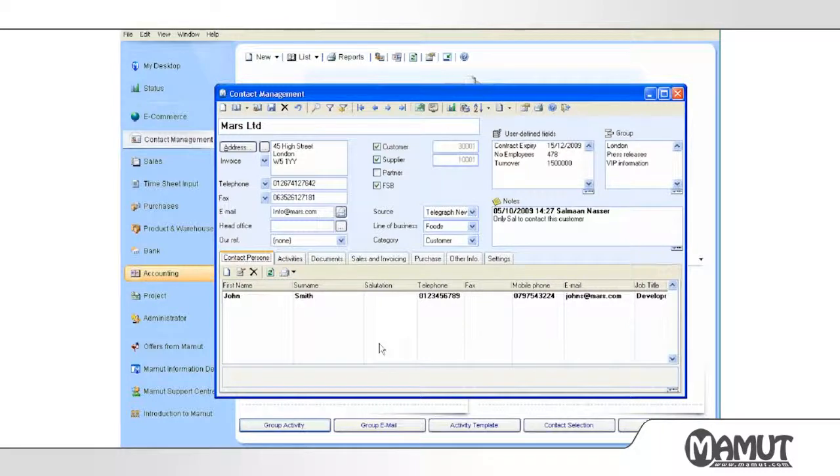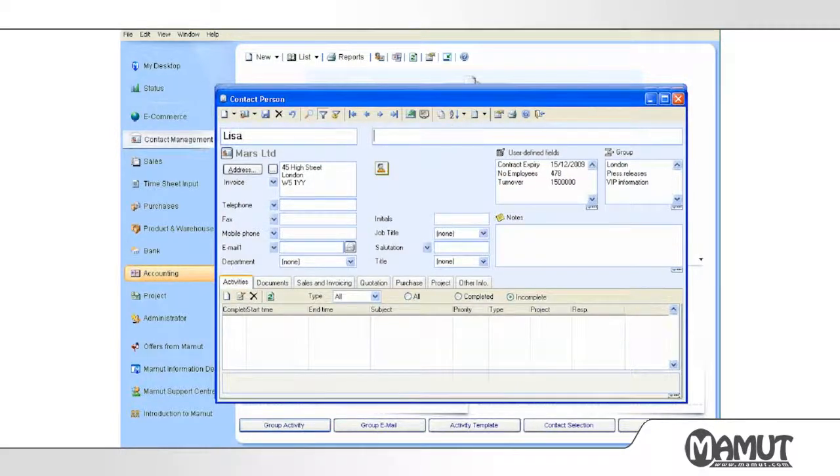We also have a relationship with the receptionist there, who we regularly call up and make sure that all our orders and things are going through correctly. So I want to put her onto the system as well. So I simply go to New at the bottom again. So I type in the name. I've typed in the name there, Lisa Whiteman. I can then fill out the telephone numbers, etc. Email addresses. I won't bother doing those now. You simply click Save once you've entered in all the information, and you exit, and it puts in the second